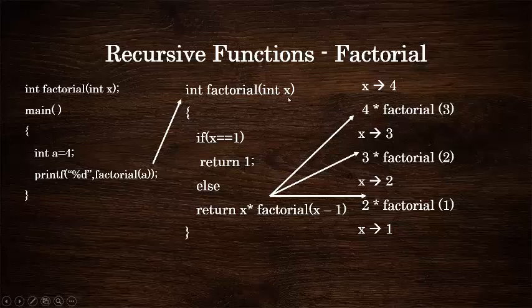Now 1 is compared with 1, the condition is true. So this particular function is going to return a value of 1. So the outcome of factorial of 1 will be 1. Once this is solved, factorial of 1 is 1, so 1 is getting multiplied with 2, so 2 into 1 becomes 2, and that becomes the solution for